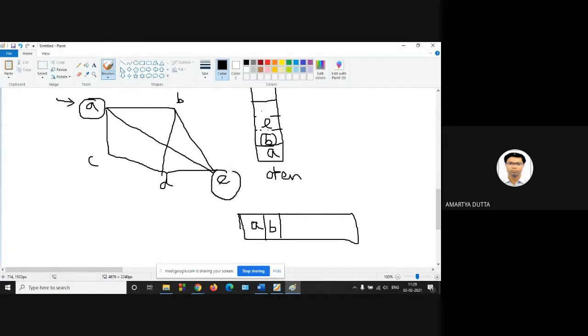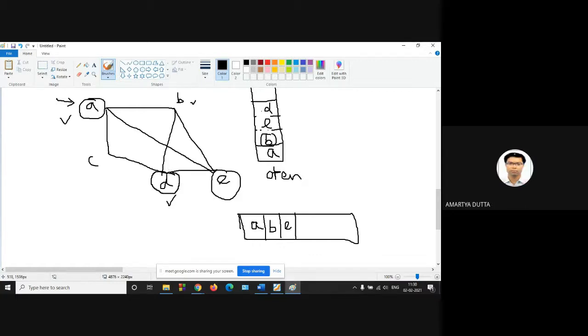Next, again, E is your new U. So the connected vertices are B and A. Now B and A are already done. Yes, it's done. These are stored in your visited array. So write down D, and let us store E in the visited array. Okay. Next, D is inserted.